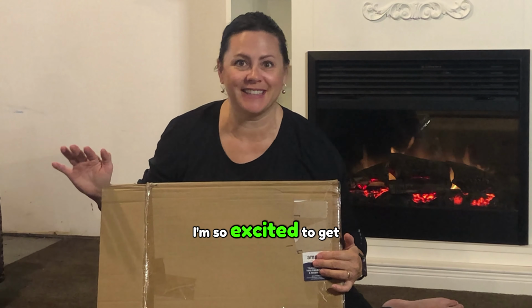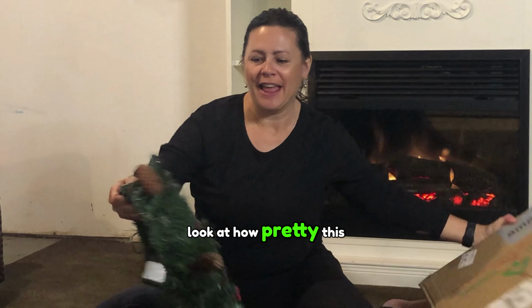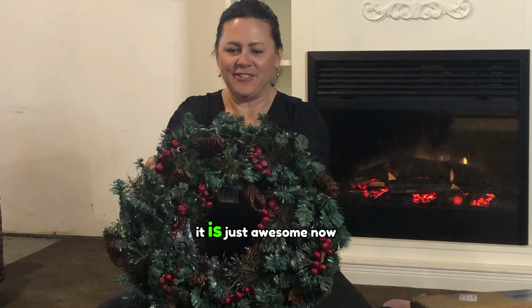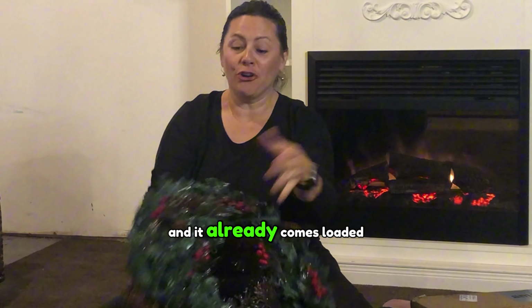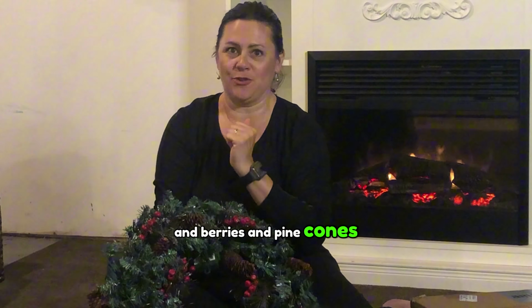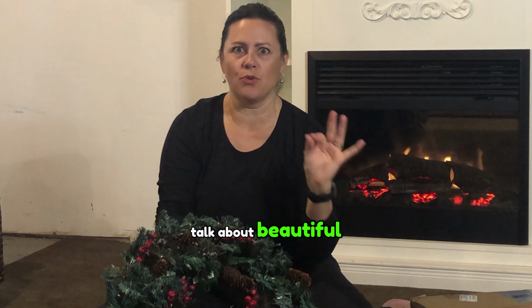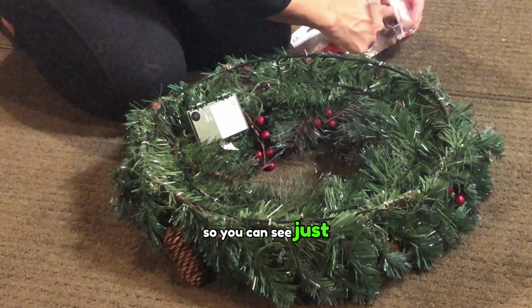I'm so excited to get it up in my Christmas decoration. Look at how pretty this is. It is just awesome. Now it's battery operated and it already comes loaded with lights and berries and pine cones. Talk about beautiful. Let's do a quick little install of the batteries so you can see just how pretty this